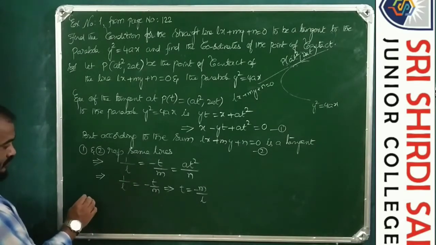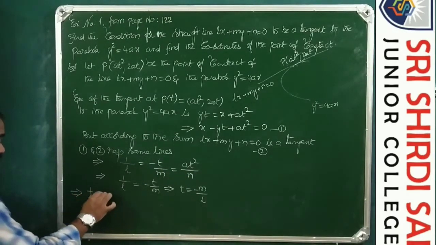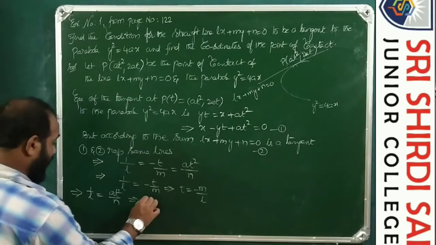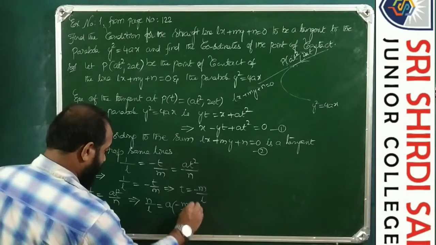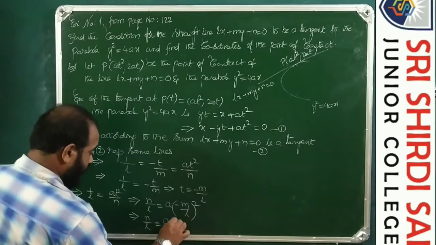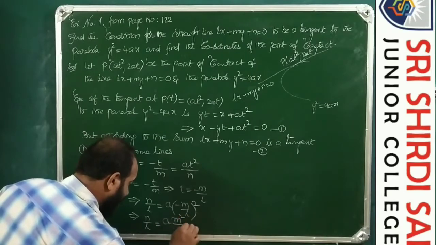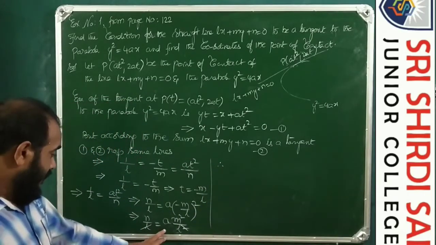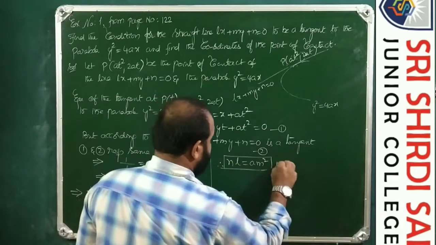Comparing the first and the last, 1/L = at²/N. So N/L = at², and what is t? t = −M/L, squared. So N/L = aM²/L². So this L gets cancelled. Therefore we get NL = aM², which is the condition